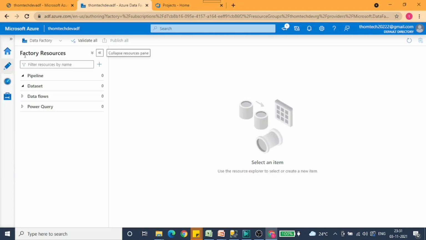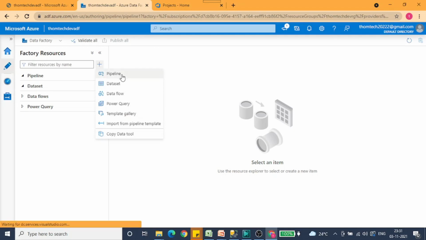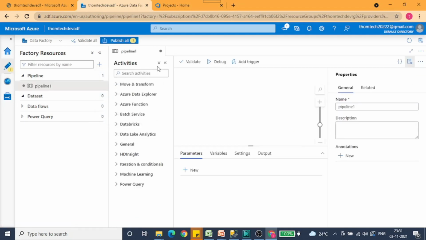Let me click over here. Okay, so you can simply click on the three dots, click on New pipeline, and you will get a new pipeline over here. Provide a proper naming convention to it.